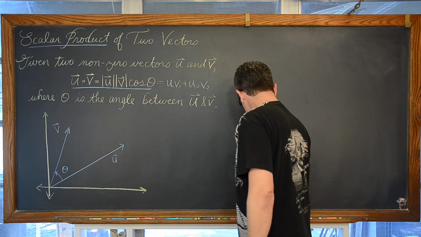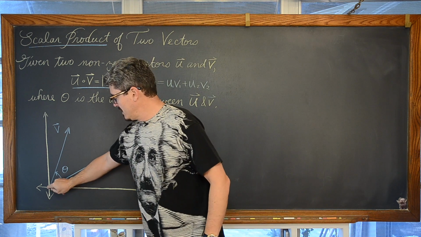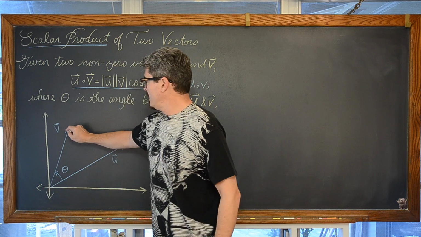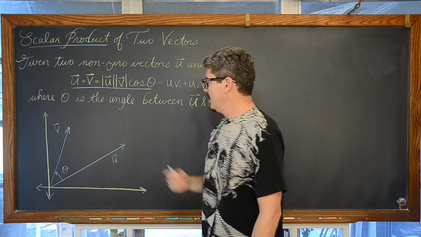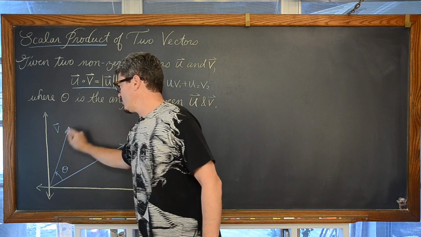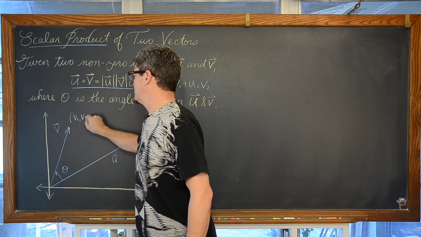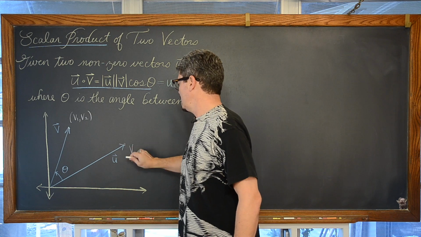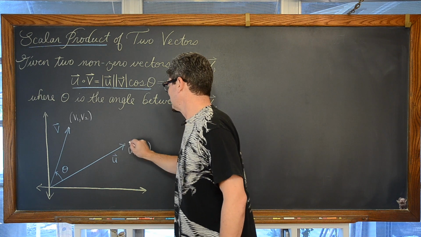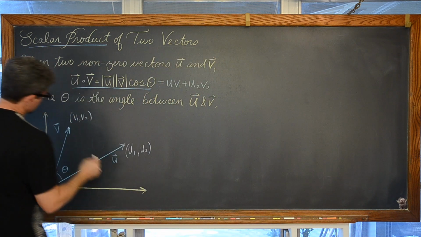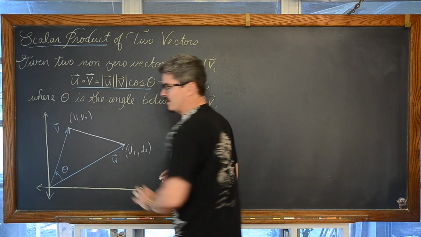I want us to talk about the fact that we have a point at the origin, a terminal point at the end of vector v, and another terminal point at the end of vector u. Since the origin is the initial point of each of these vectors, this is going to be the coordinate v sub 1, v sub 2, and this will be not v, but u sub 1, u sub 2. Okay, and we're just going to connect the terminal points of each of these vectors. And you see we have a triangle here.